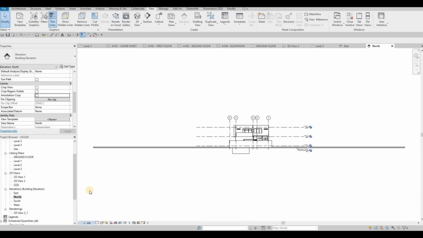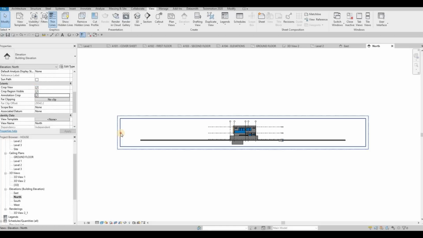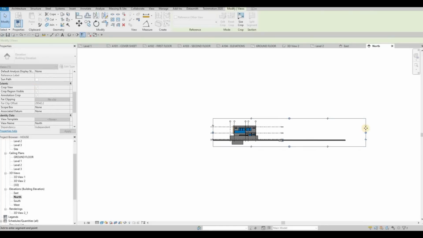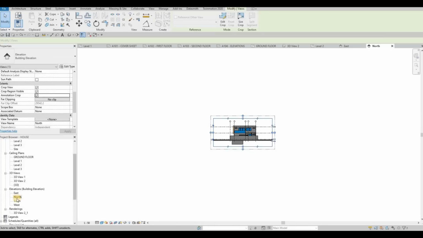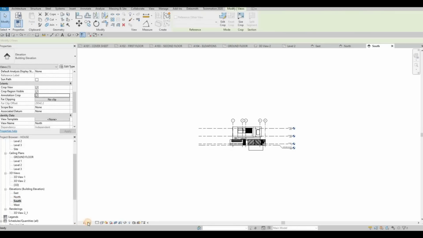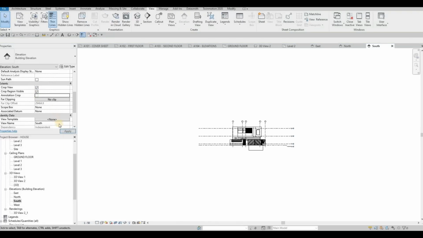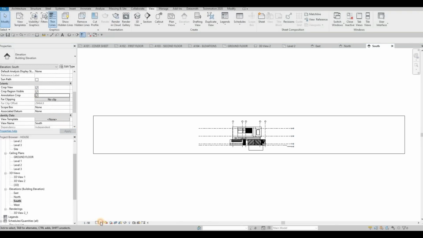So usually change everything first before you do anything else. Fine, crop it. Here as well, you don't need that space. And then make sure to do all of them, apply it,